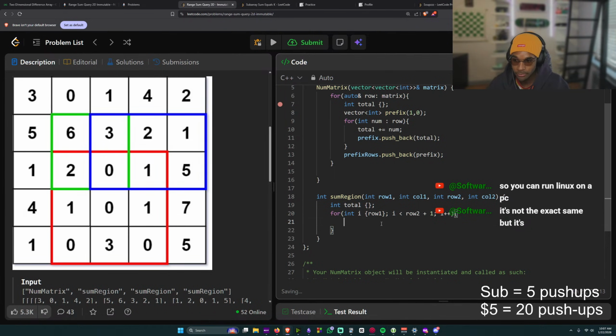Plus plus something. Total plus equal. Prefix rows.